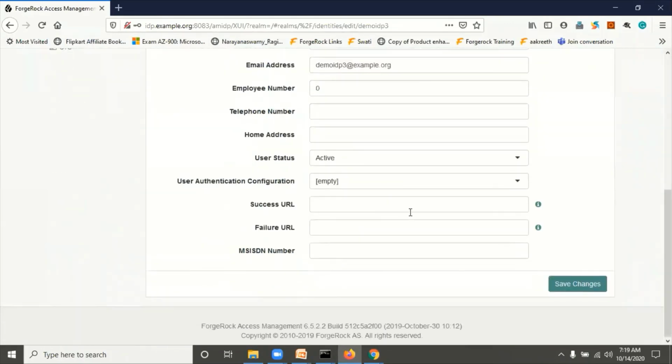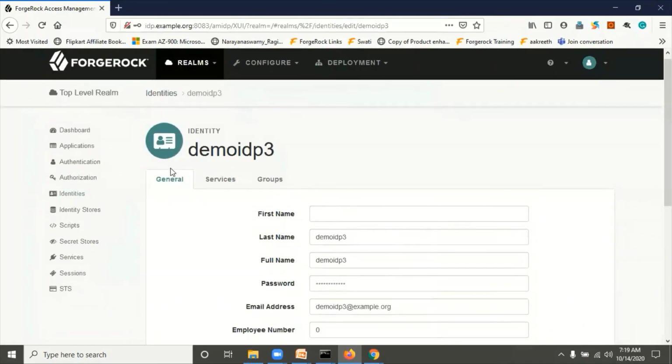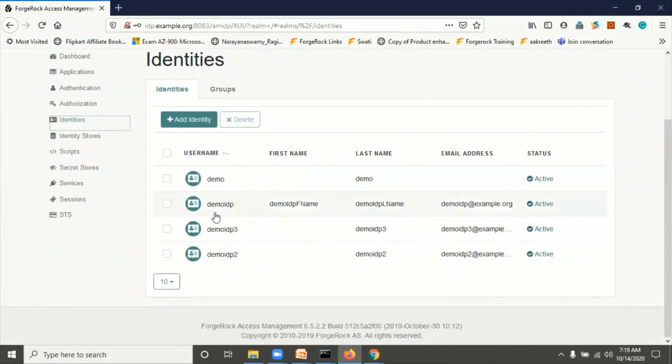Now we have created users in IDP as well as in SP. You can think this is one user only, but the user has a different username and email ID in the IDP, and a different username and email ID in the SP also.